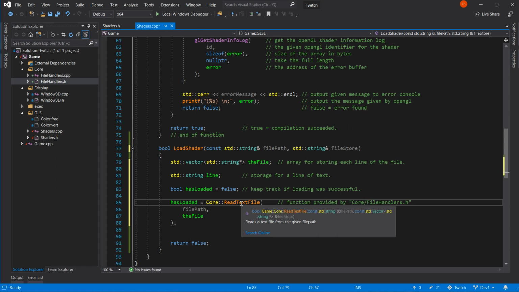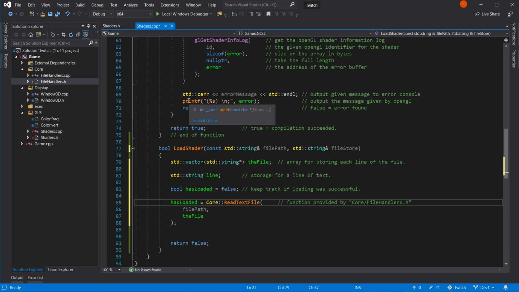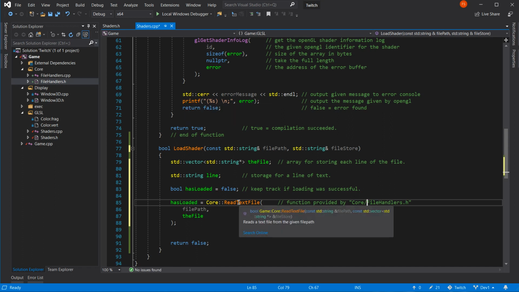You may not have noticed that if you hover over something, it'll give you a description, but it also will give you whatever you type in as well. For instance, if you hover over printf, it's got nothing. But if you hover over read text file, all of a sudden it says it reads it.